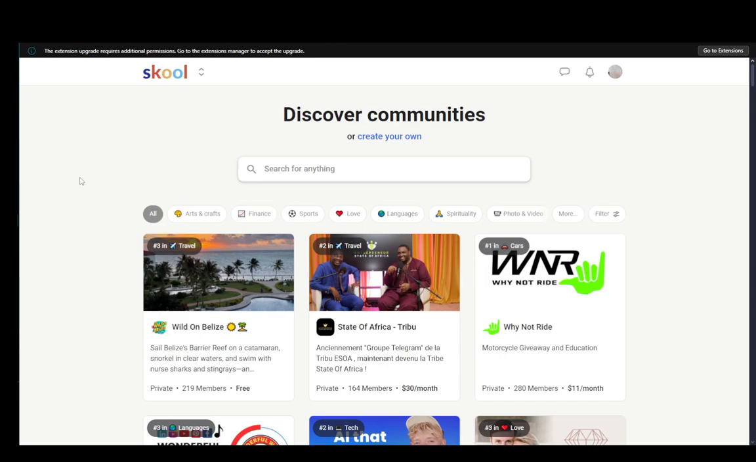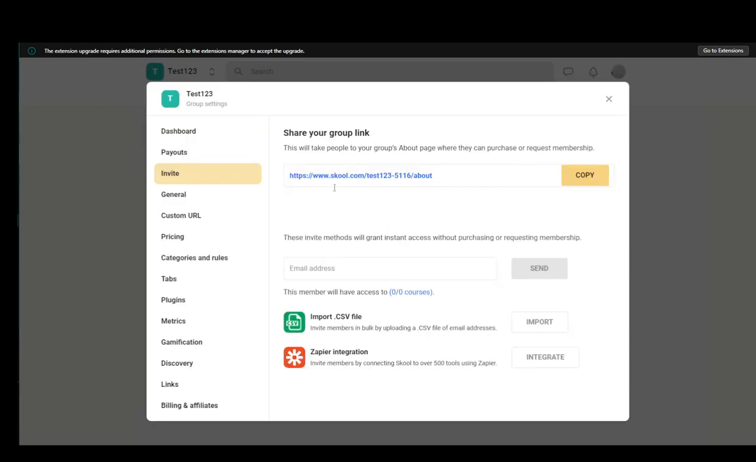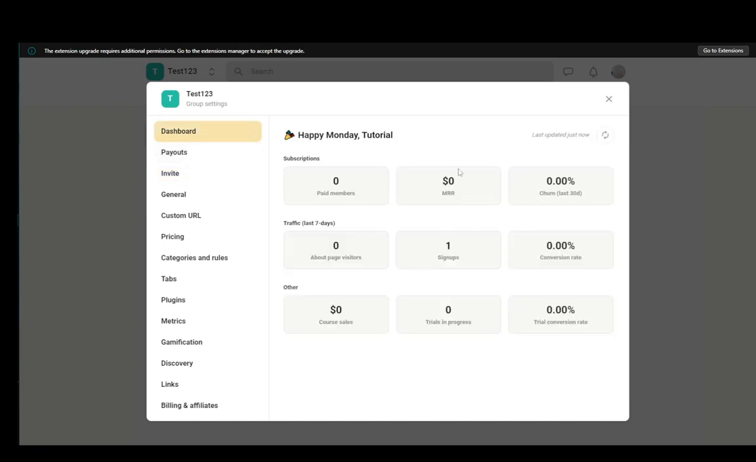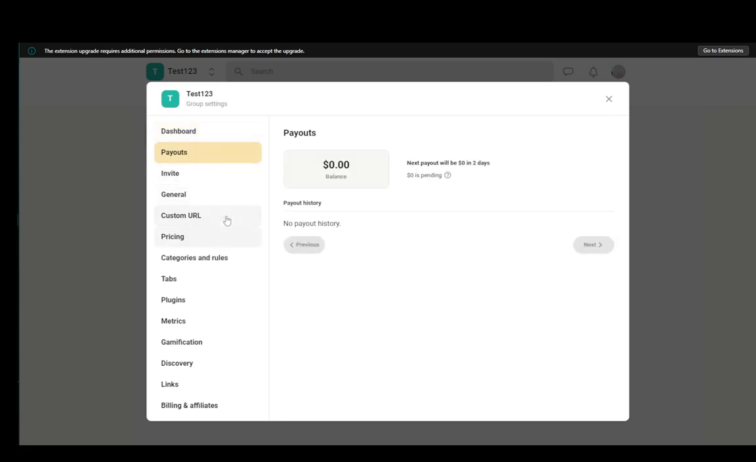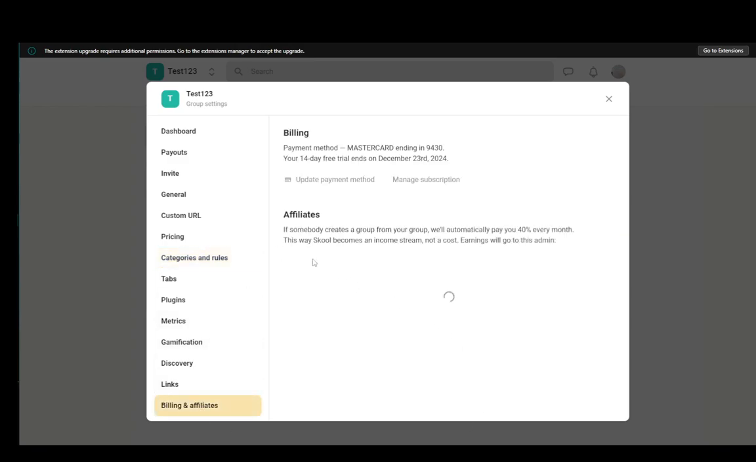Now, once you have your community set up, if you want to delete it, what you need to do is first go into your community page. Once you're there, if you have admin privileges, you can go into the settings and change the settings of your Skool community. Now, if you go into the dashboard, you'll see your analytics here, but what you need to find is where to delete this, and what you need to do is go into billing and affiliates, and here